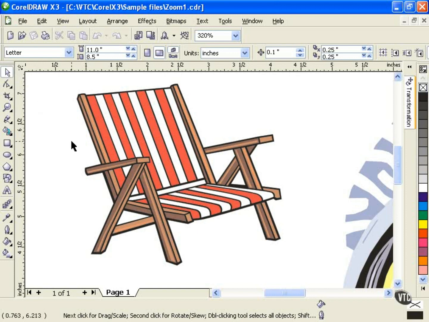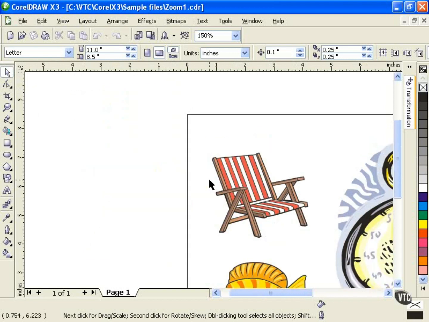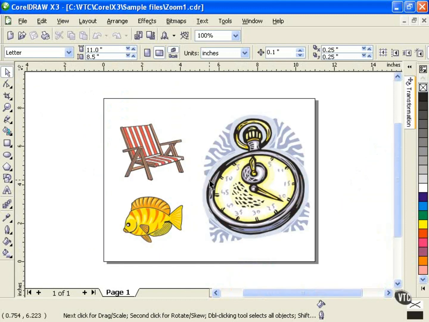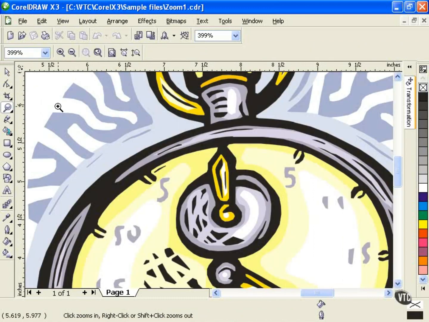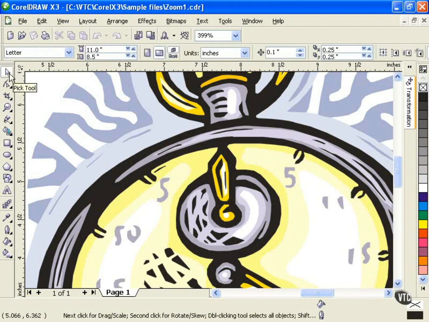I'm going to zoom out, and if you do it this way, it's a good idea to remember the zoom out keys, and Shift F3 zooms out to that previous level, or Shift F4 takes you to the full page mode. The other way you can do this is select the zoom tool, and after you've zoomed in, if you hit the space bar, and this works with any of these tools down here, you'll automatically move back to the